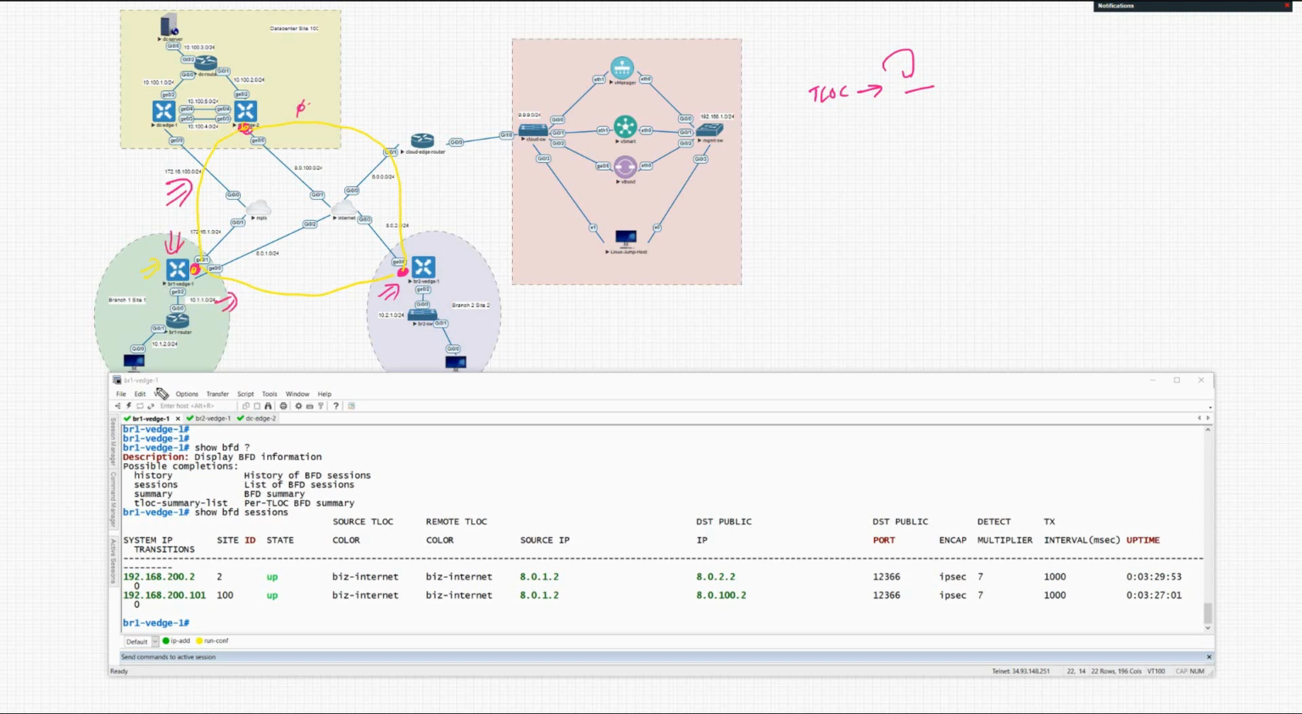So we are on this edge right here, and we can see that there are two BFD or IPsec connections. One is this one, the other one is this one, which is up and running. And how are they forming these connections? Because every edge knows exactly where the TLOC information for the other edge is, and the TLOC is just nothing but